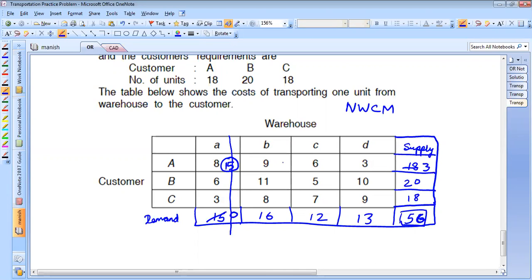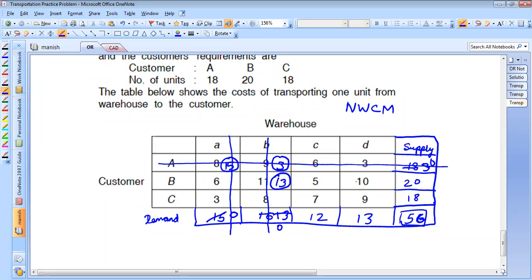Then the topmost row is the same row. The leftmost column becomes this. So we will make an allocation here. Allocation will be 3, because 3 and 16. So I'll make this 13. This will become 0. So the first row will get eliminated. Then we will see this column. Here we have to make allocation 20 and 13. So we will make it 13. This will become 0. This gets eliminated.